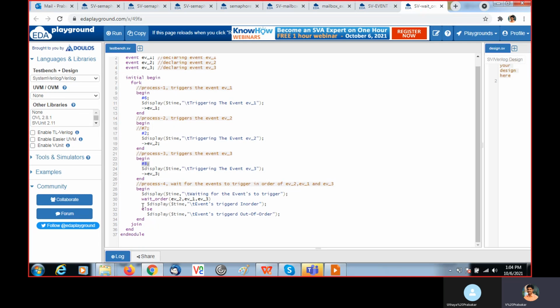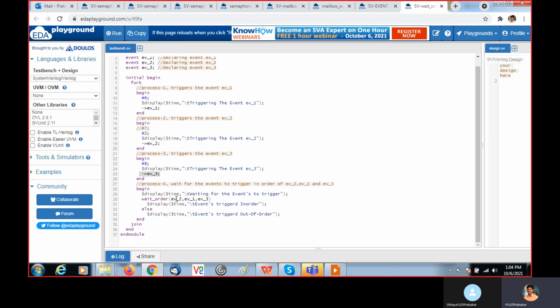Within this process we are waiting for the event order. In wait_order, we need to mention the order we are expecting. Here we are expecting event 2 to happen first, then event 1, then event 3. Based on the delays mentioned, this one happens first, this is second, and this is third.